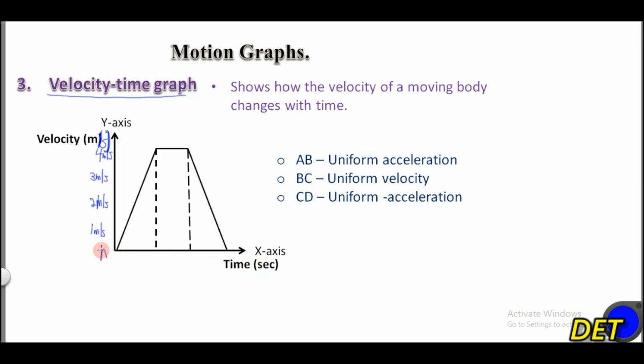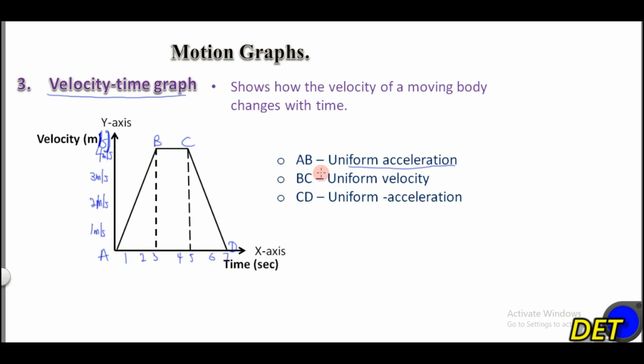If here is A, here is B, here is C, and here is D, AB, from here to here, represents our uniform acceleration. Acceleration in the sense that velocity is changing with what? With time. So if here is 1 second, 2 seconds, 3 seconds, 4 seconds, 5 seconds, 6 seconds, 7 seconds,